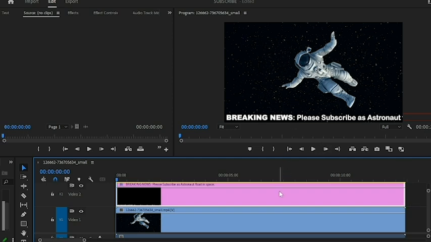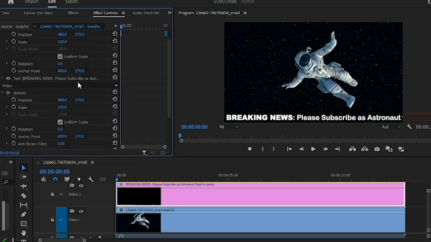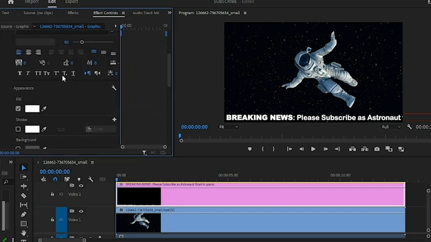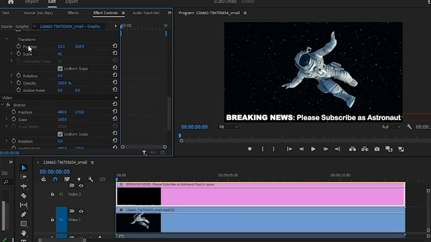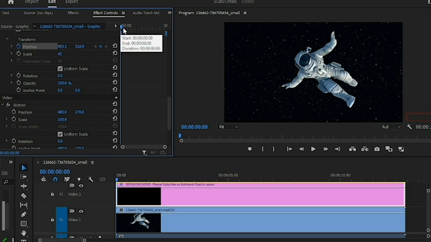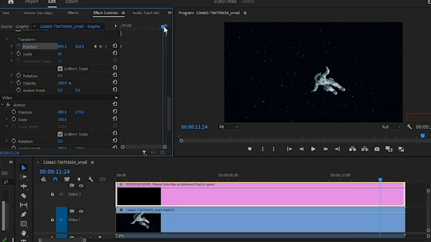After doing that, head over to the timeline, select the text, and go to Effects Controls. Within Effects Controls, you are going to expand the text and then scroll down to Positions. And then you are going to add a keyframe to position, and then move the text all the way to the right hand side, and then move the playhead to the end of the clip, or wherever you want the scrolling text to stop. Add another keyframe and then move it all the way to the left,